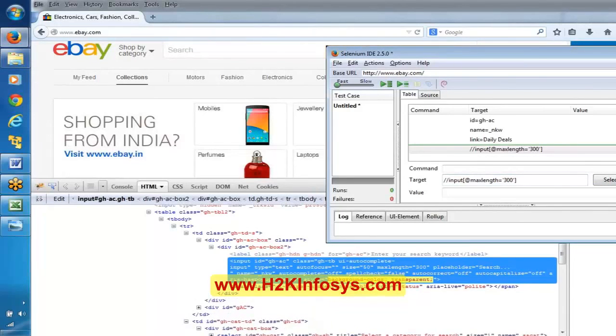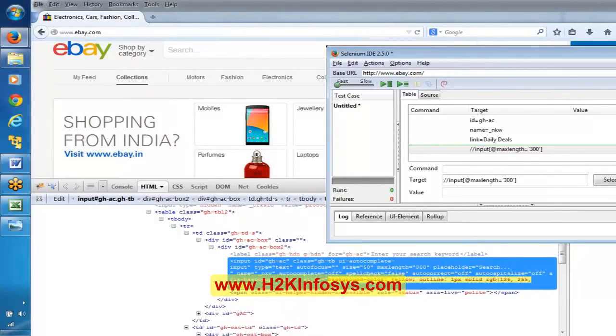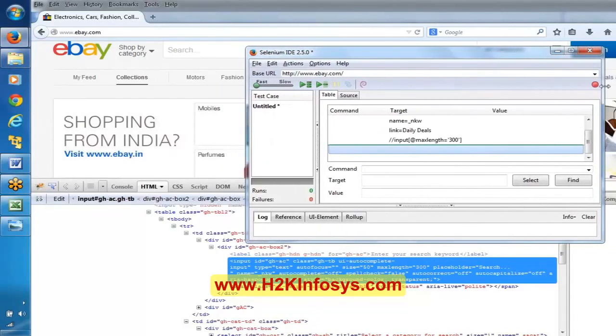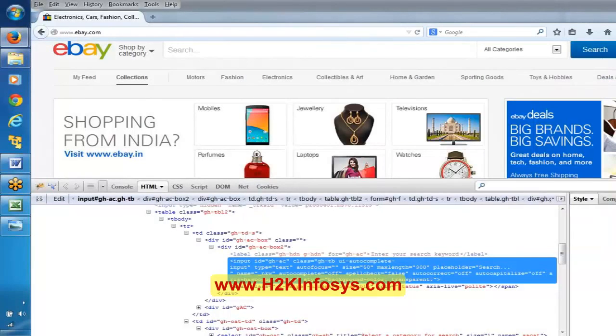Can you all observe that? The background text box is recognized. Now see here, we are able to recognize this particular text box using this XPath. And moreover, in coming days, if you really want to use XPath, simply click on the record button here in Selenium IDE and record whatever object you want to build the XPath for.